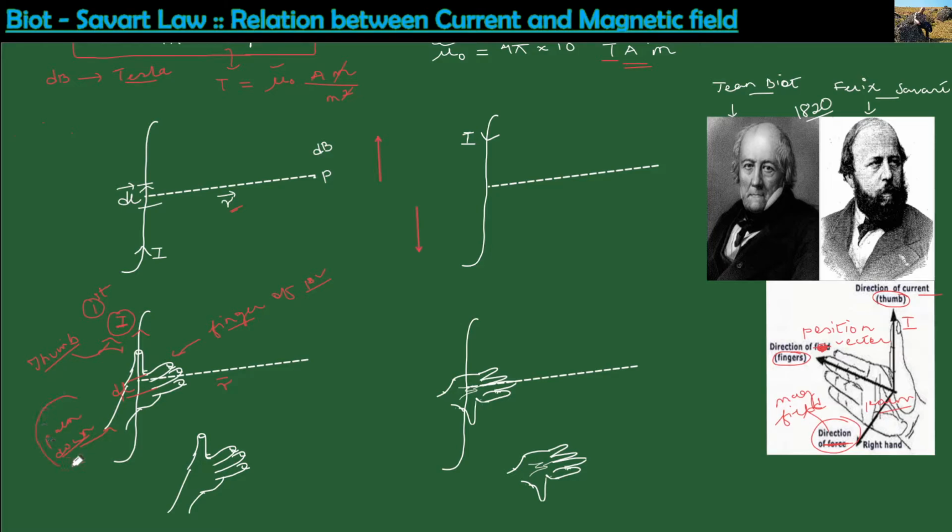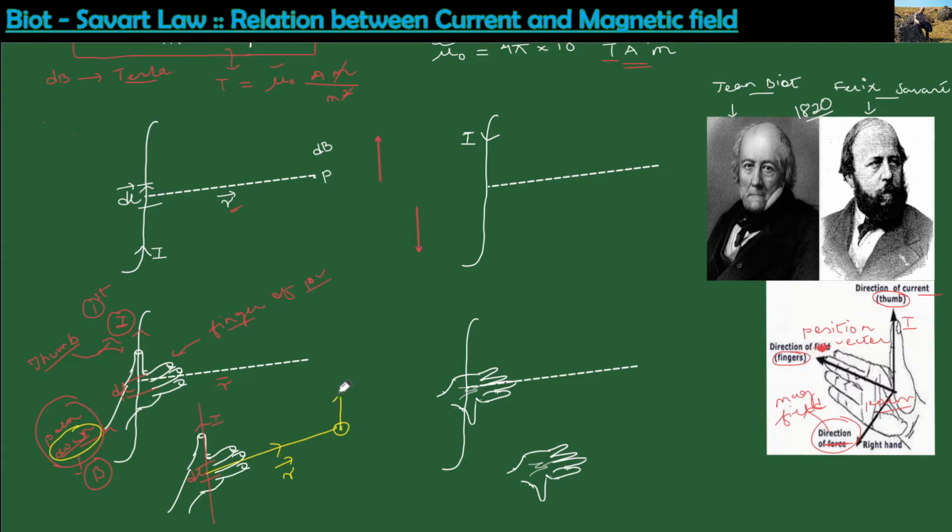Then the direction in which the palm faces will give you the direction of what? That will give you the direction of your magnetic field B. So from here, this palm is down. This will be the direction of the current element IDL. Then the outstretched fingers will give us the direction of R. Then this palm is facing down. So the magnetic field at that particular point P will be